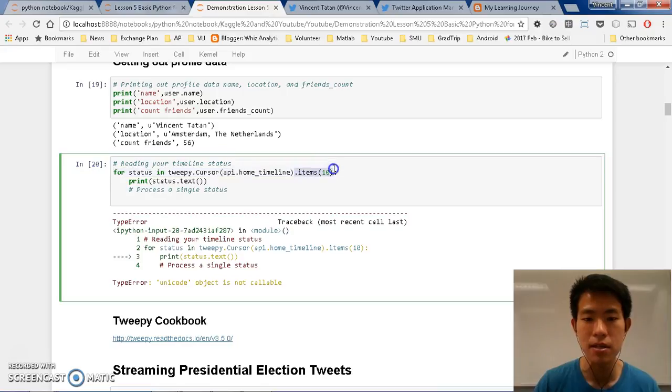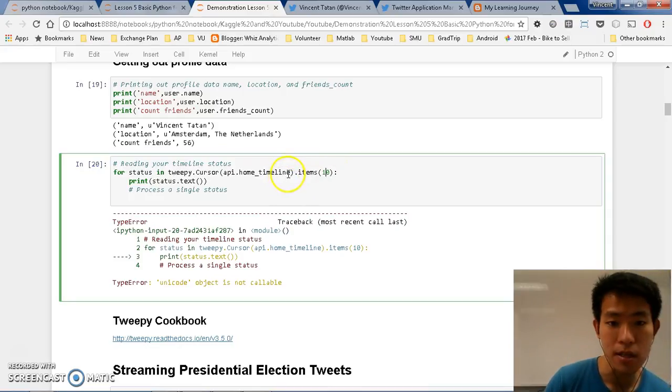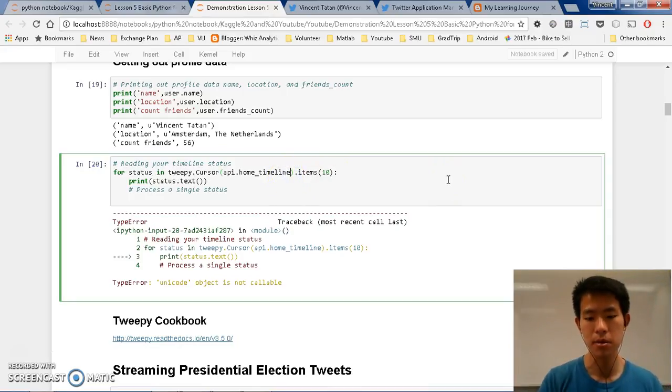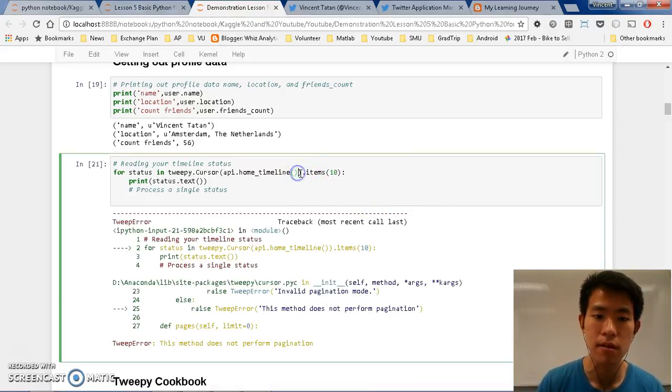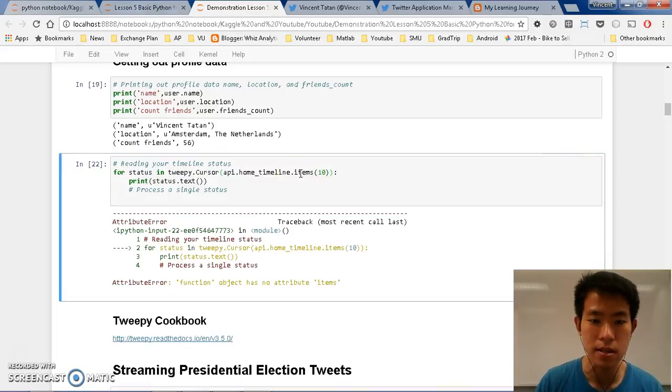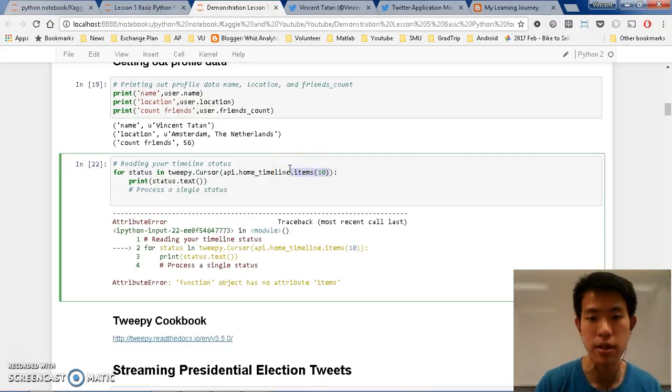Let me check, is it items(10)? Oh, items(10) of api.home_timeline. Oh, this should be like this. Yeah, it should be correct.